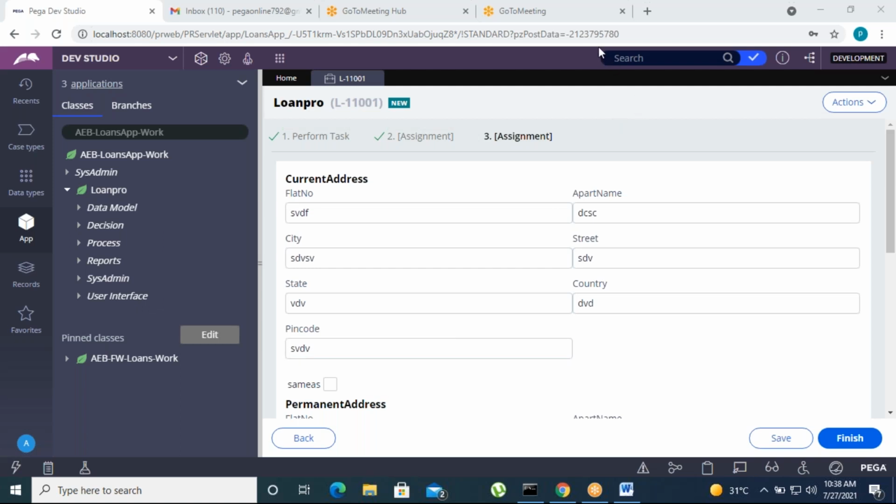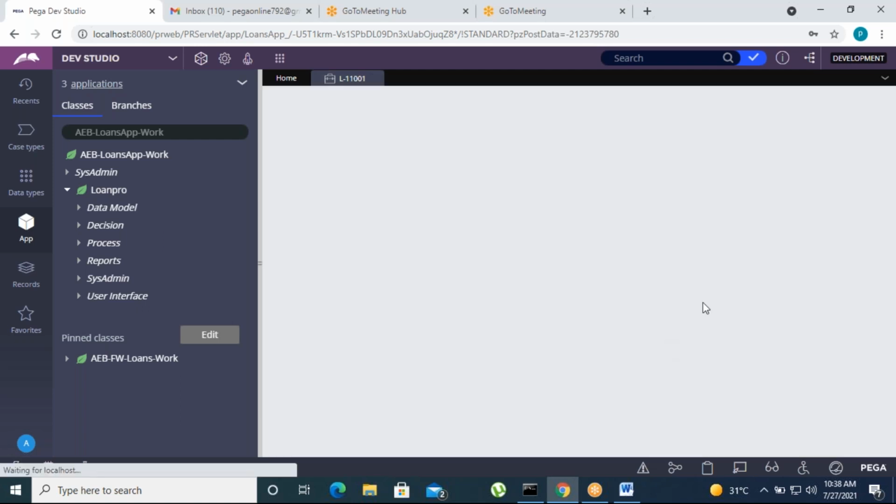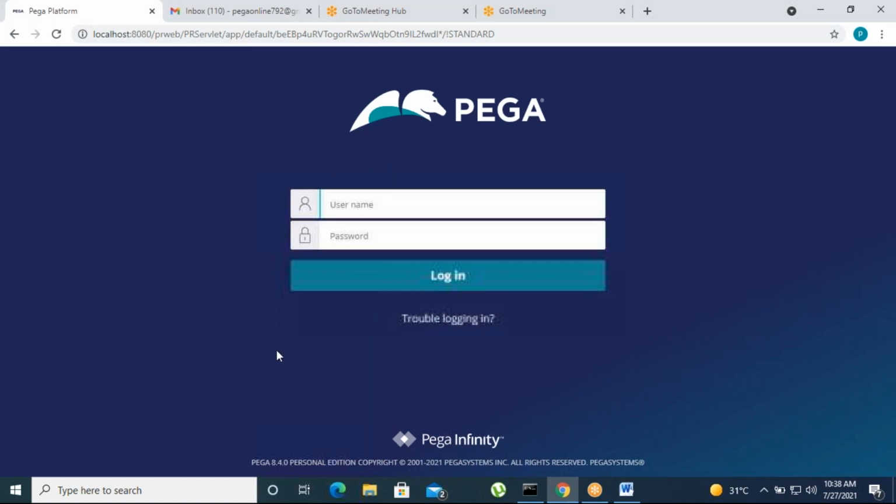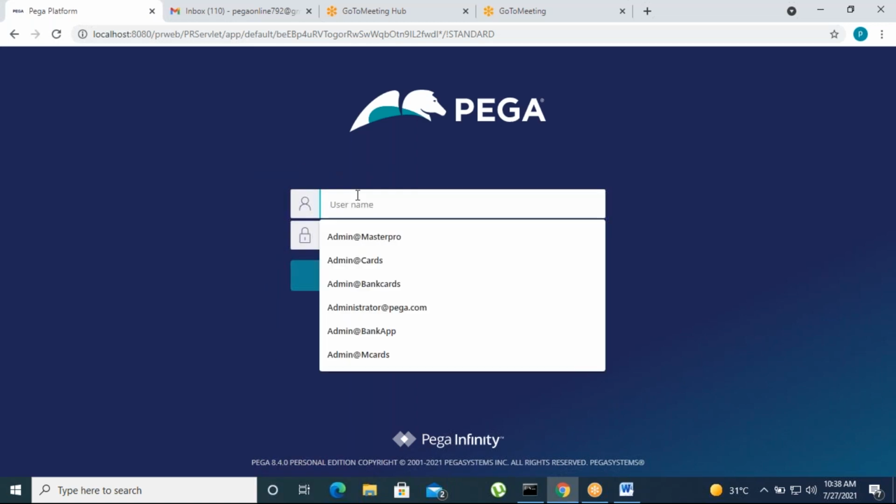Now let's move on to our own project, where you can use the data transforms. What is our project requirement? I will show you, it is actually a different requirement. Log in to your application now. One second.